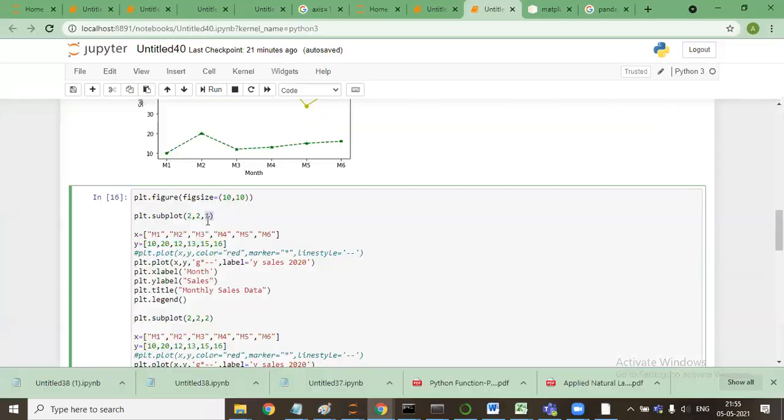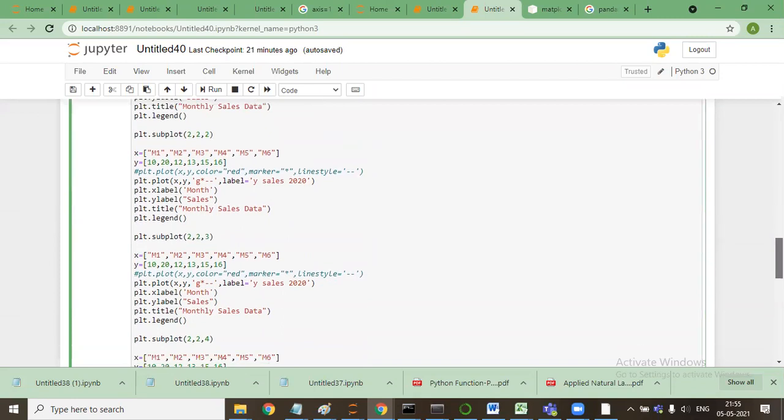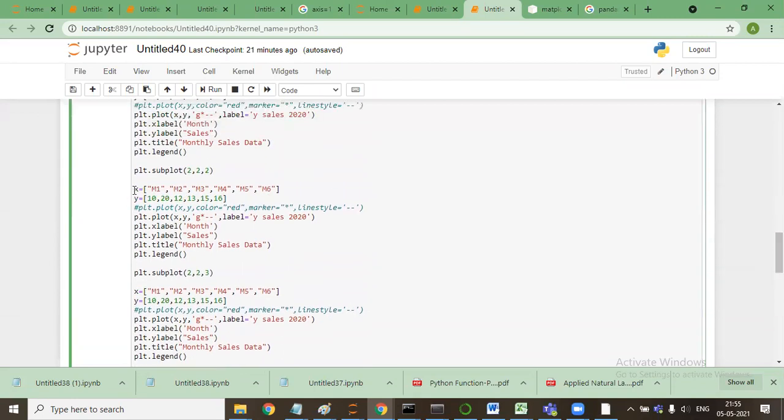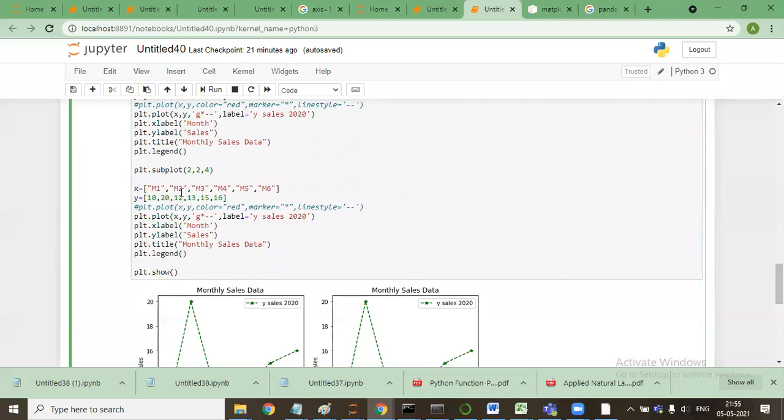It automatically uses the first part for this, second part for this, third part for this, because I mentioned 3, and fourth part for this. So if we give 3 comma 3 comma 1, then it is divided into 9 equal parts, right? Yes, yes, yes.